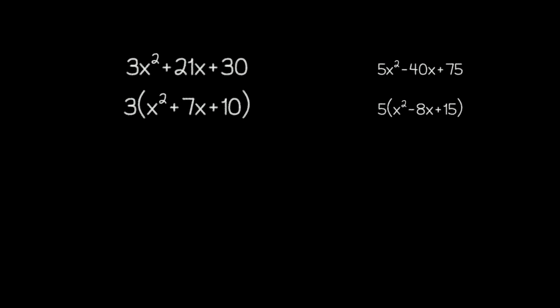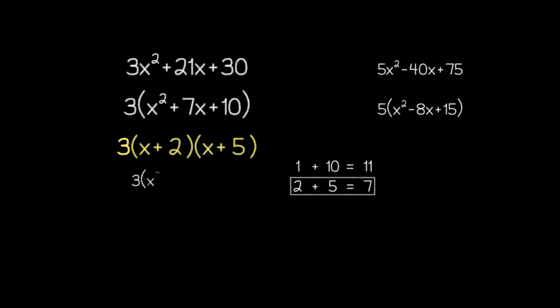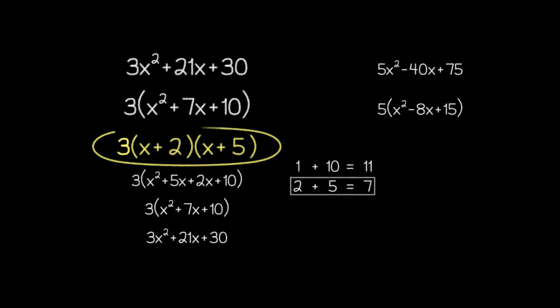At this point, you might think that we're done since we factored out a 3, but unfortunately, this expression is only partially factored. It turns out that the quadratic inside the parentheses is still factorable, so we need to break that expression into 2 linear factors. Fortunately, though, this expression no longer has a leading coefficient, so we don't have to worry about any of the added complexities of factoring with a leading coefficient. Instead, we can follow the process that we've done many times before and achieve this result.